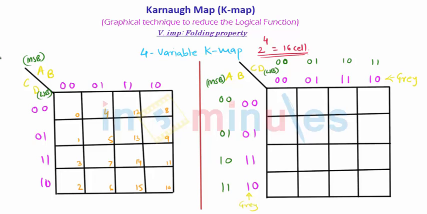So now the cell positions are flipped. On the earlier 4-variable K-map, we filled the K-map vertically 0, 1, 2, 3, 4, 5, 6, 7. Here it will be in horizontal position. Why? Because A, B and C, D are flipped. So A, B, C, D go in the manner A, B 0 0, C, D 0 0. So this will be the 0th location. A, B 0 0, C, D 0 1. So this will be 1. This will be 2. This will be 3. So this is how we fill up all the 16 cells likewise.